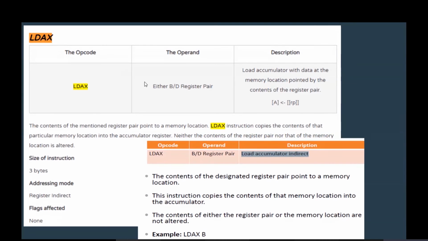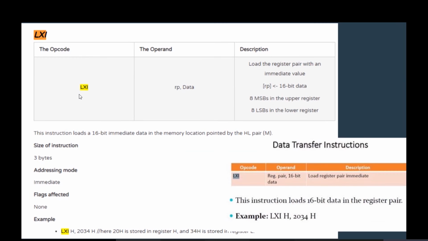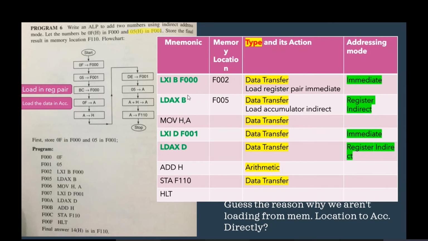We are going to go to the location whatever value BC has, go to that location and capture the data, and that data is going to go to the accumulator. In other words, we are simply loading this 0F to the accumulator.